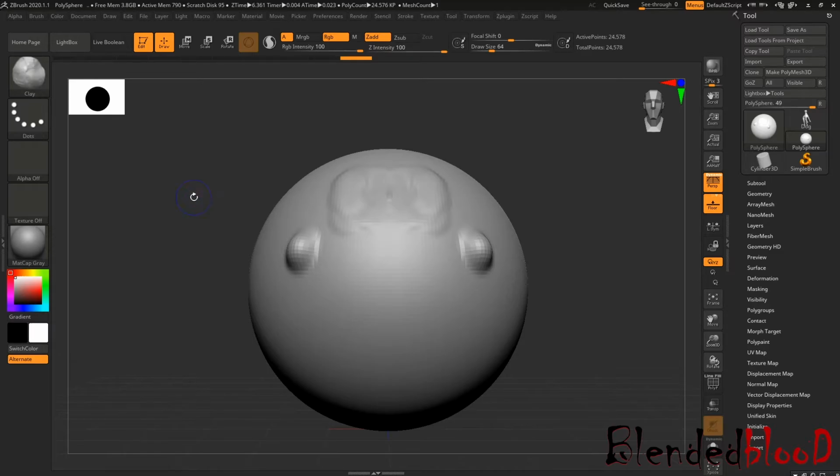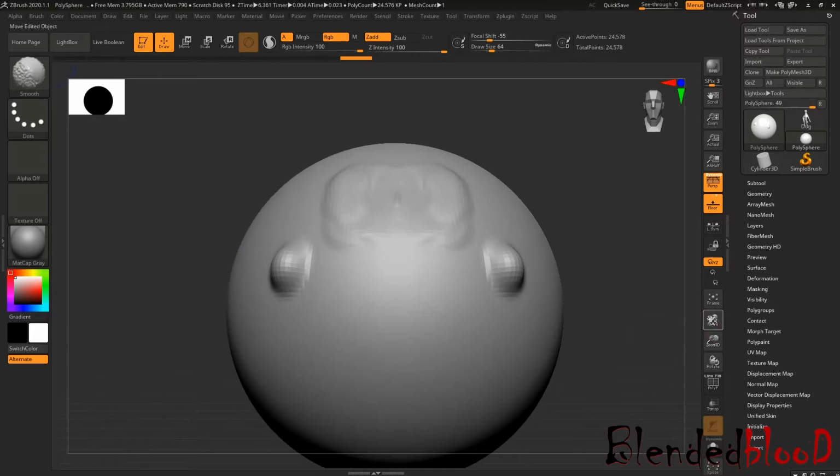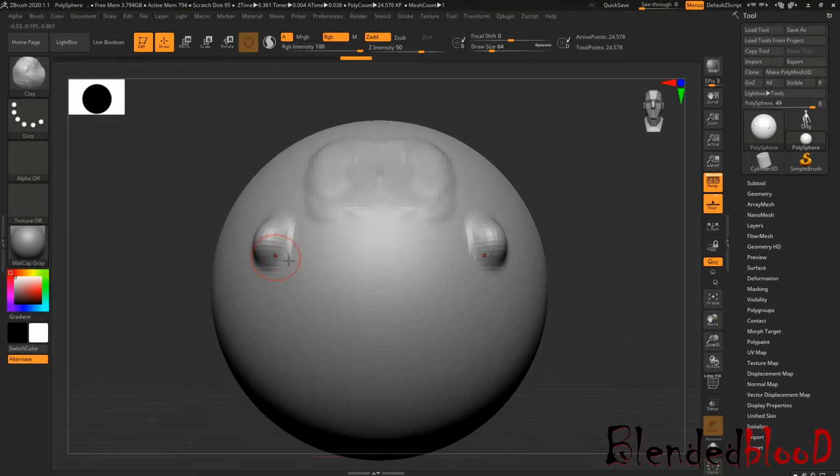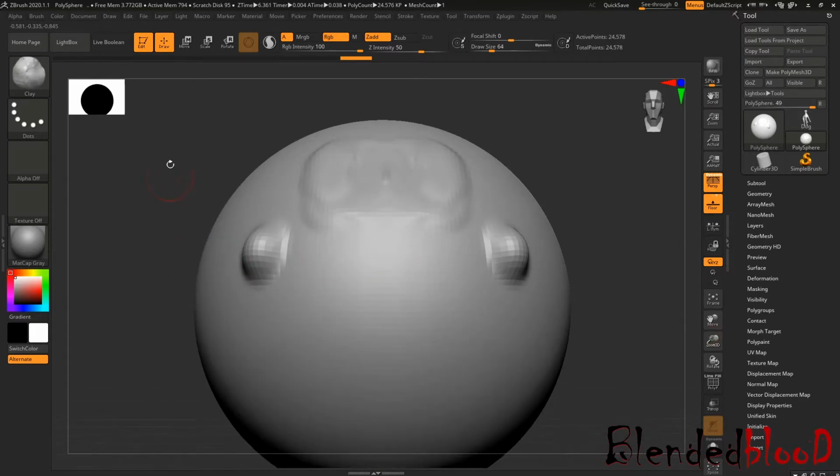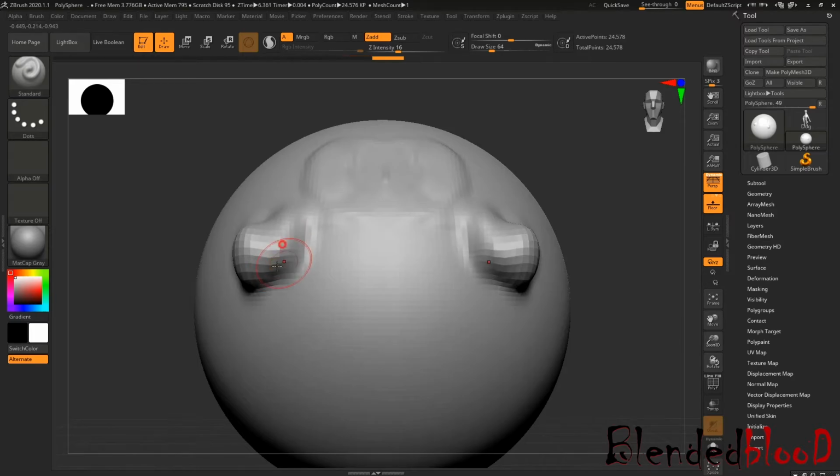So for Shift, there is a default option which is called Smooth, and we should not change this brush, according to me, but you can change it if you want. What Shift does, just see, if I come to Standard and add more value on the mesh, now press Shift, and while pressing Shift I drag my mouse around the rough area of my mesh.